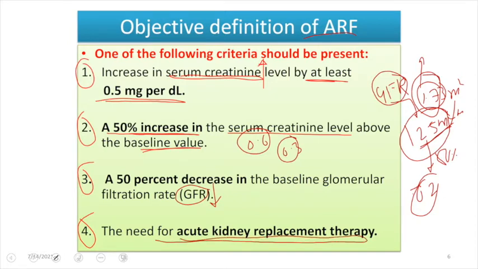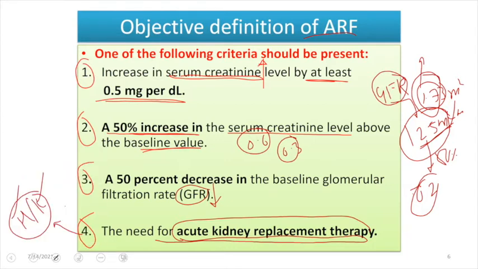Sometimes the kidney will be damaged to such a great extent that there will be a rise in serum creatinine and blood urea nitrogen, and this rise will result in a lot of clinical features known as uremia. Along with that, a major function of the kidney is to filter hydrogen ions and potassium ions, so this will manifest with hyperkalemia and acidosis because of the decline in kidney function. That will require a replacement for the kidney, because it has been damaged to a very great extent. This is also one of the criteria for the definition of acute renal failure.